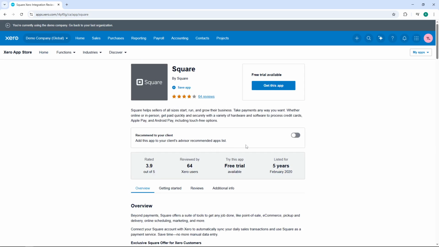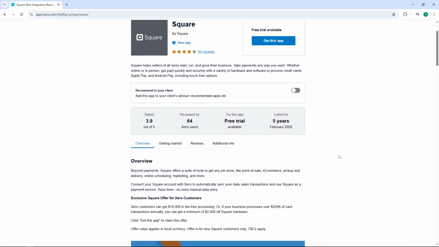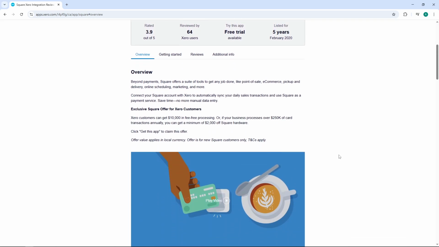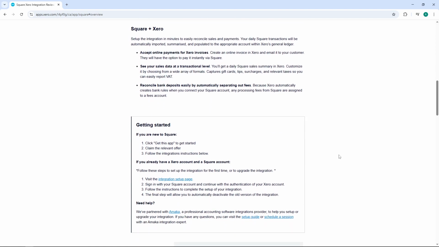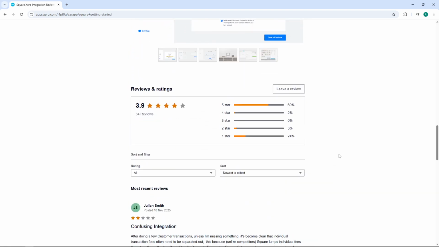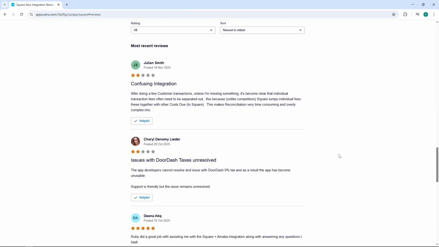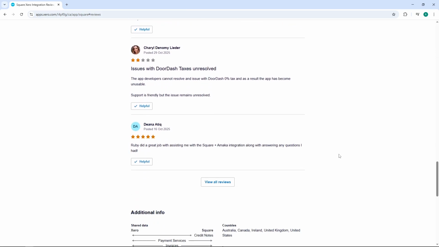You'll now be directed to Square's overview page within the Xero App Store. This page contains valuable information about what the integration offers. Scroll down slowly and read through all the benefits and key features of this app integration. Understanding these features will help you make the most of the connection between Square and Xero and ensure it meets